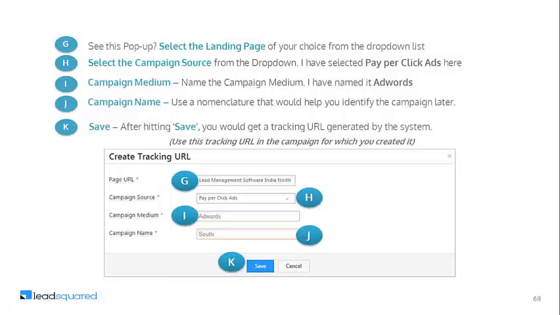Then campaign medium I've put as AdWords, because there can be multiple types of pay-per-clicks, right? So we are doing it for AdWords here. Then the campaign name, this is for the South one. Put it there, save it, you're good.